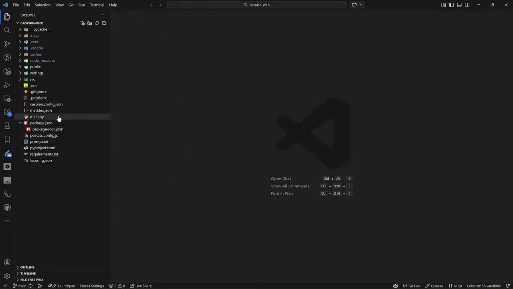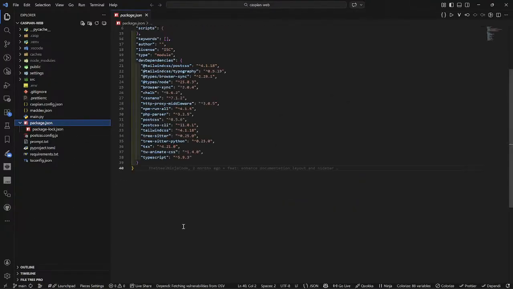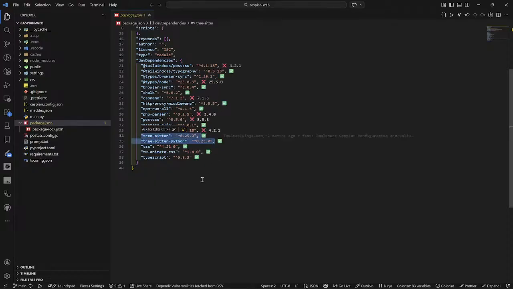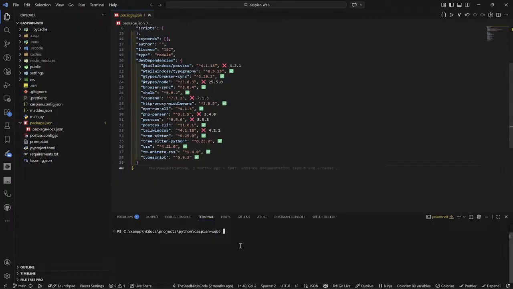First, you're going to open your previous version in your Caspian project. In package.json, you're going to see that there is 3 seater, which is the compiler of the components. But the issue is that when